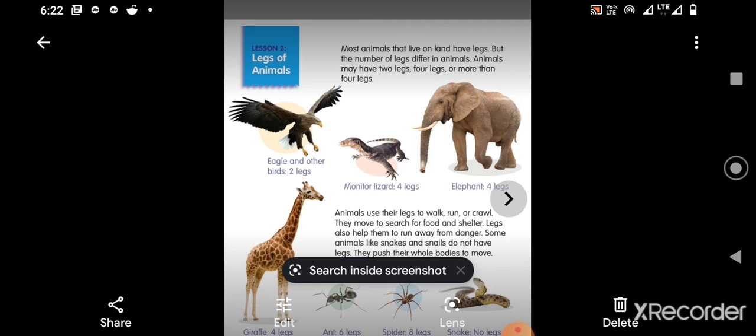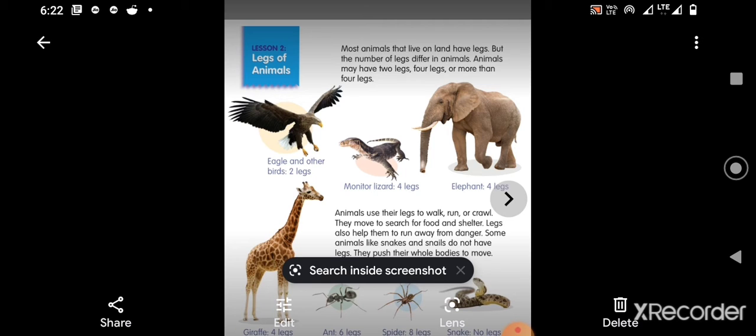Count it. 1, 2. Not only eagle, children, most of the birds you are seeing in your surroundings, crow, pigeon, sparrow, hen, how many legs do they have? 2 legs. So in your EVS notebook you write eagle. First picture is eagle. How many legs? 2 legs. And why